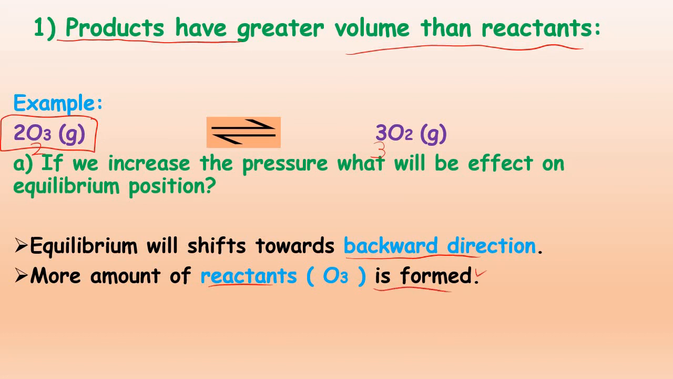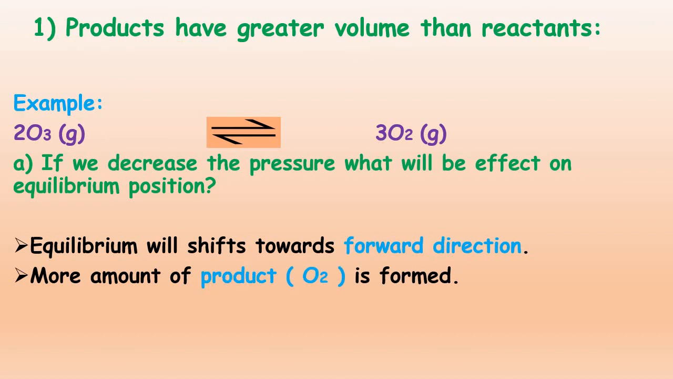So this is the case when the products have greater volume than the reactants. Now we are moving on. If we decrease the pressure, what will be the effect on the equilibrium? As I told you, if we increase the pressure, equilibrium will move towards that side where there are fewer moles, but if we decrease it, then what will happen? It will move towards that side where there are more moles. So equilibrium will shift towards the forward direction, because there are more